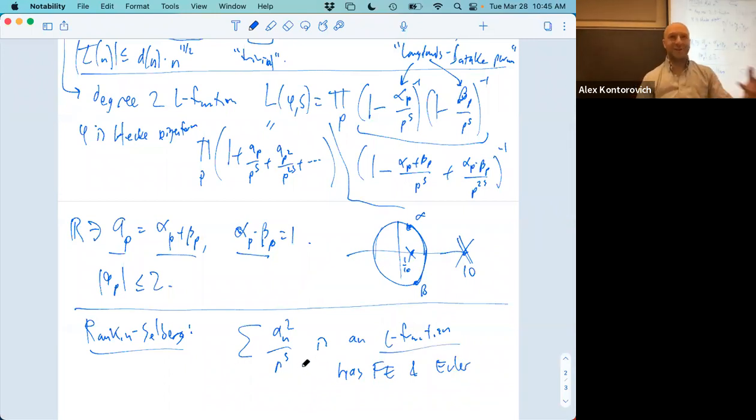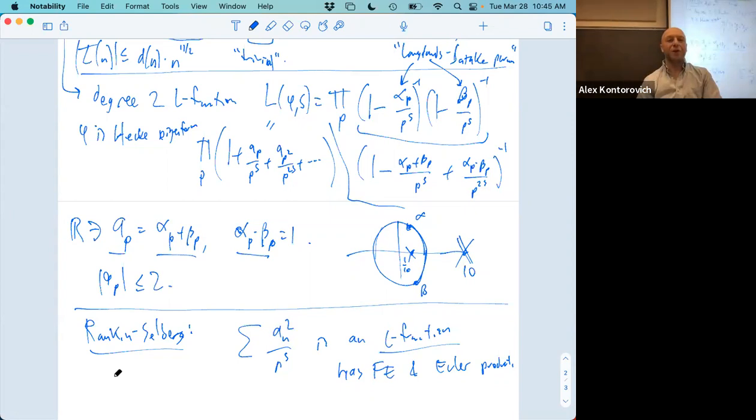I mean, of course, anything is a Dirichlet series. But what do I mean by an L function? It has analytic continuation, functional equation, and Euler product. And so people thought maybe what you're supposed to do to get more information. Oh, and there's information that comes with this: the fact that the a_n squared is an L function, and you can see that this thing has no poles and converges absolutely down to s greater than 1. Those two pieces of information, I have to get all these normalizations right,